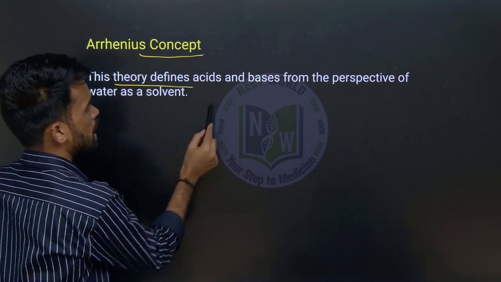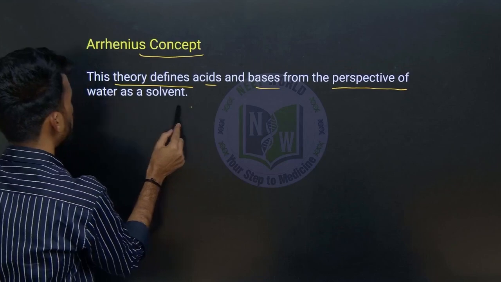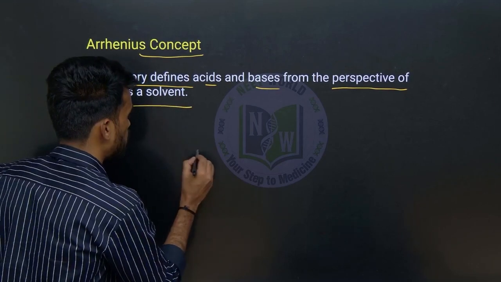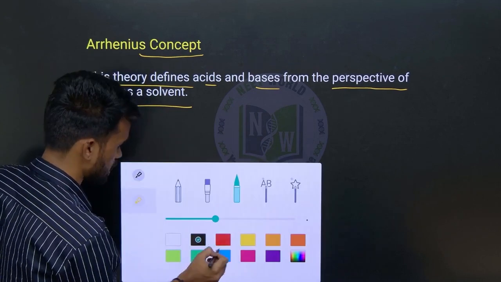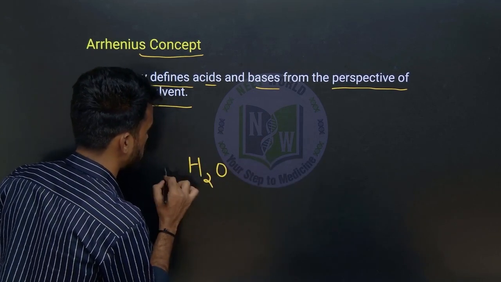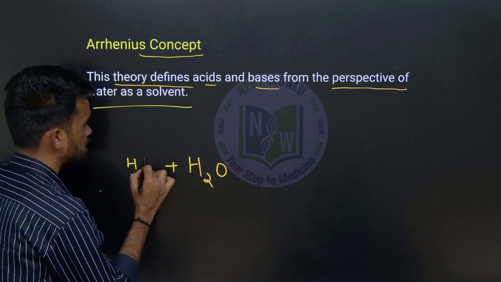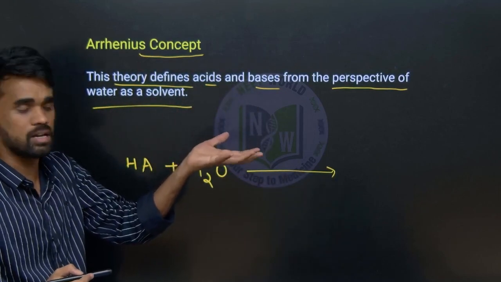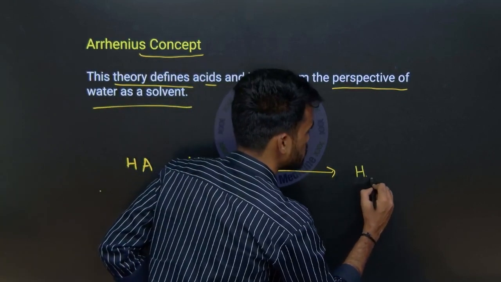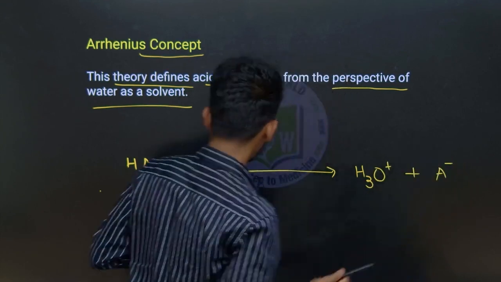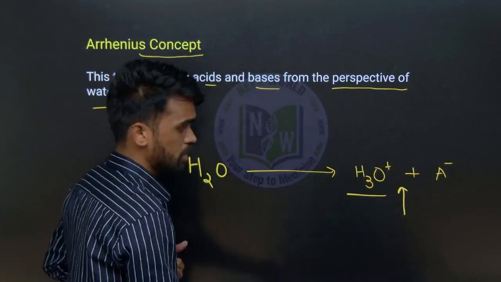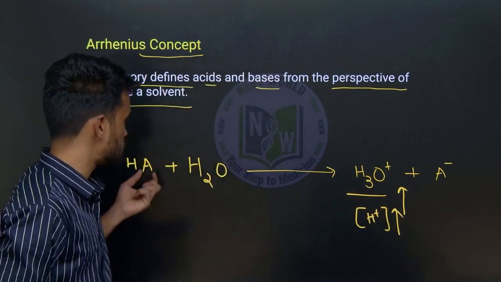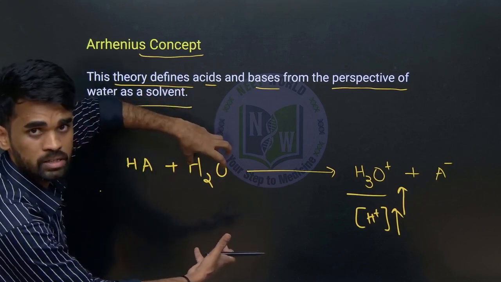See, this theory defines acids and bases from the perspective of water as a solvent. Let us take any substance. If we place that substance in water, in the aqueous medium, let us say HCl is the substance. If it increases the concentration of H plus ion of this water, it becomes H3O plus and A minus. If the concentration of H plus ion is increased when a substance is kept in this water, that substance is considered